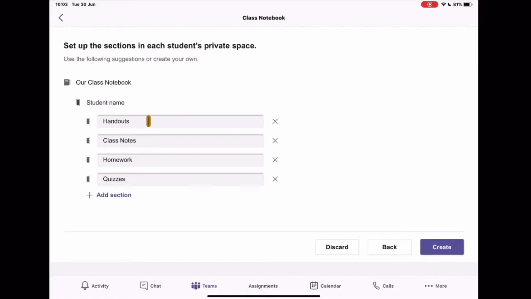So, handouts, this is the stuff I want the students to have access to. Class notes, this is our discussion from the class. Here's some homework or home learning or whatever you might want to call it. Activities I want you to do, and just some basic quizzes. So actually the section titles here are a good start point,